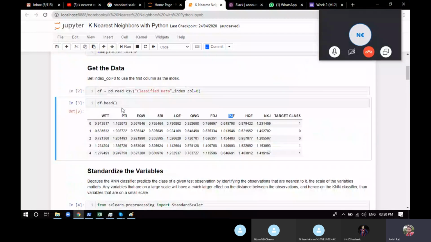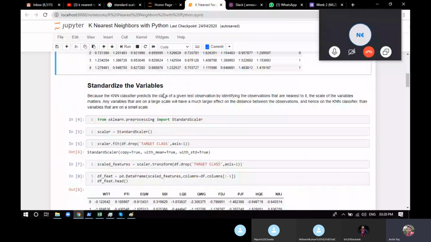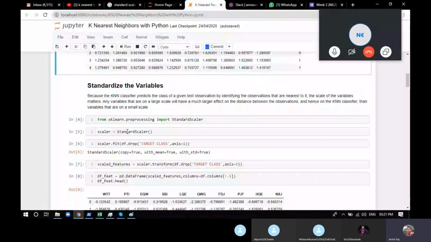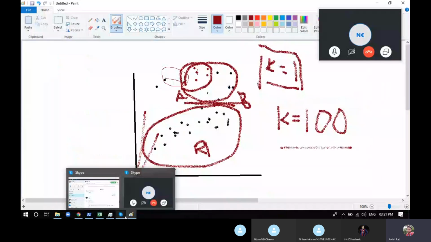Now why exactly are we standardizing the variables? There are two things that you should know about standardizing here. Because we are using KNN, as I've shown you, there we used only 2D data. For this particular situation, how many columns do we have? 1, 2, 3, 4, 5, 6, 7, 8, 9, 10. So we have 10 different features, so it's going to have 10 different axes. Not possible to display.